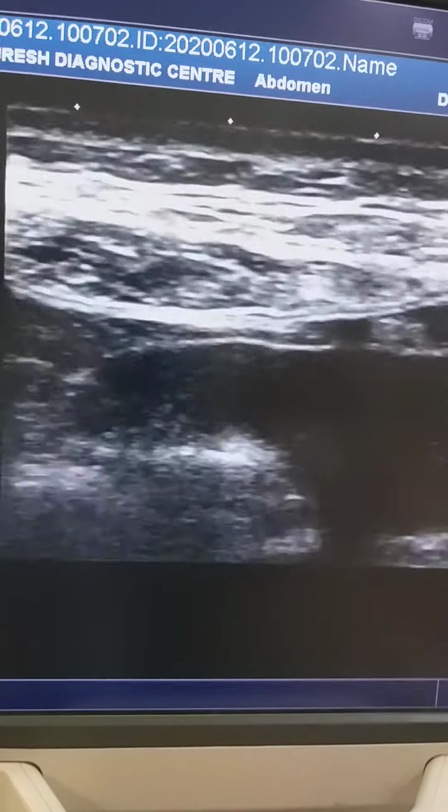So when we move towards how we can check for the herniation, we ask the patient for the Valsalva maneuver. If the hernia is palpable, then there is no need for the ultrasound. The question arises when the hernia is not palpable and the surgeon is feeling difficulty. How can we differentiate whether there is hernia or not? So then the ultrasound plays a role.